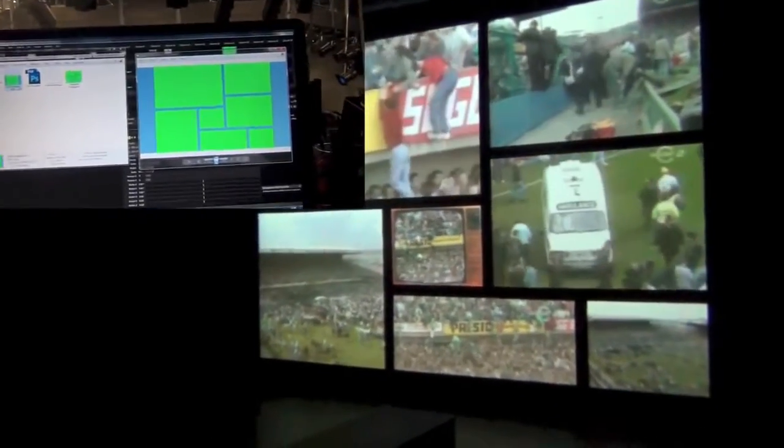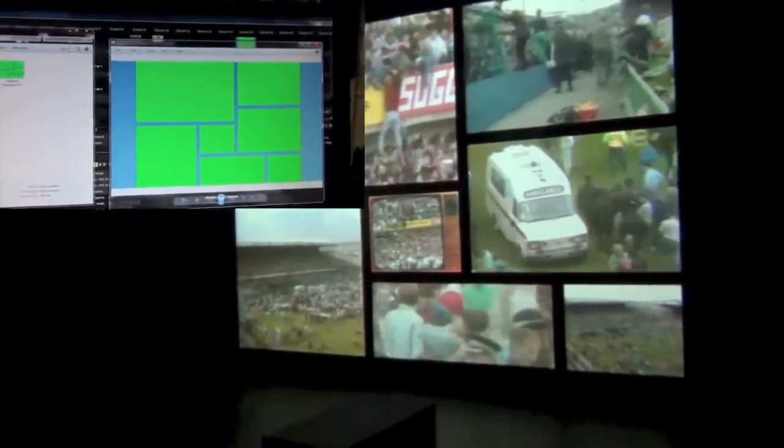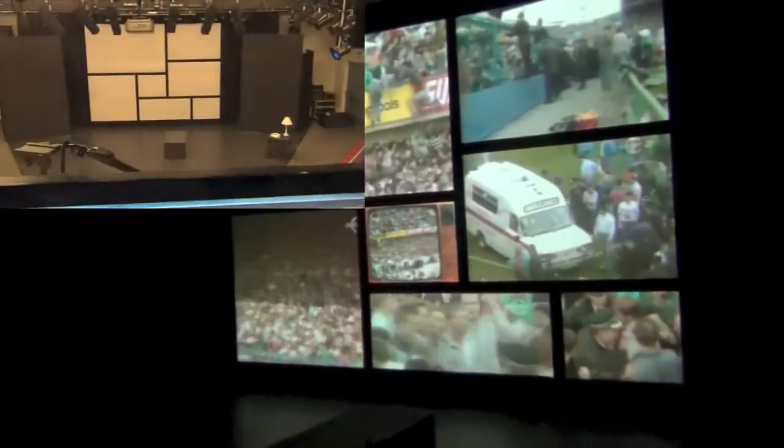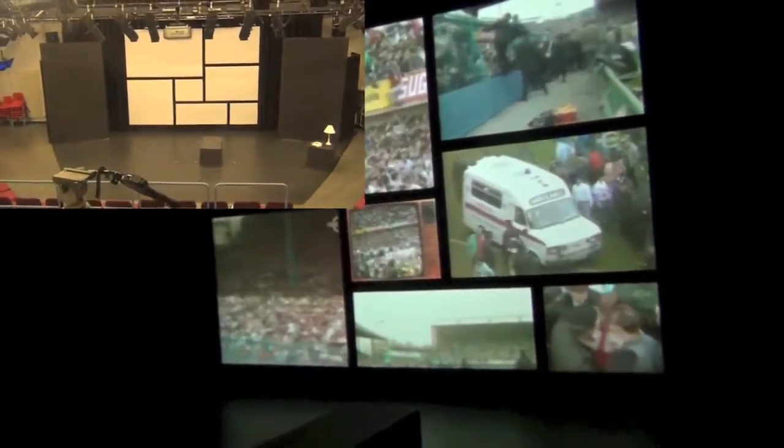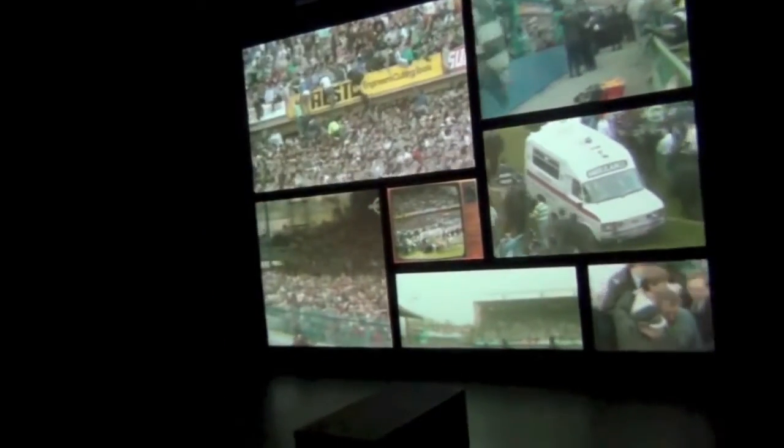So the way I did this is I created a template in Photoshop, which I then put into Premiere Pro and designed all my video around that template. And then I put the template into the projection mapping software, mapped out the video to the template, and then whenever I put any of my edited video in, it all lined up perfectly onto the screens. And as you can see, if I point the camera at the box, my little preview monitor there is showing exactly what's on the screens so that the actors can see what they're doing. Now unfortunately I can't play any of the audio that goes along with this video,